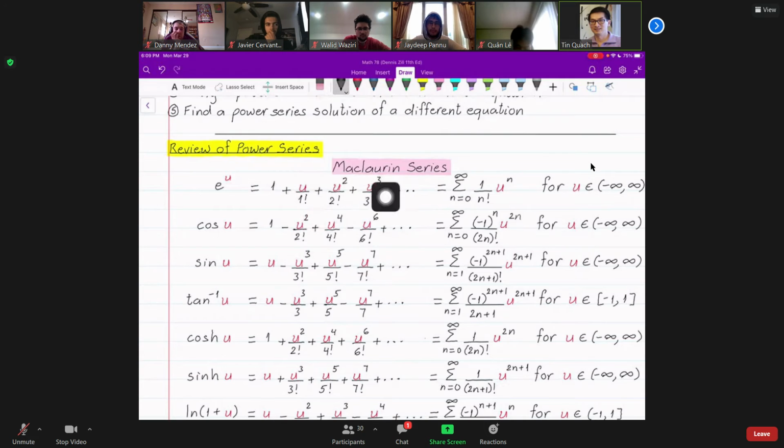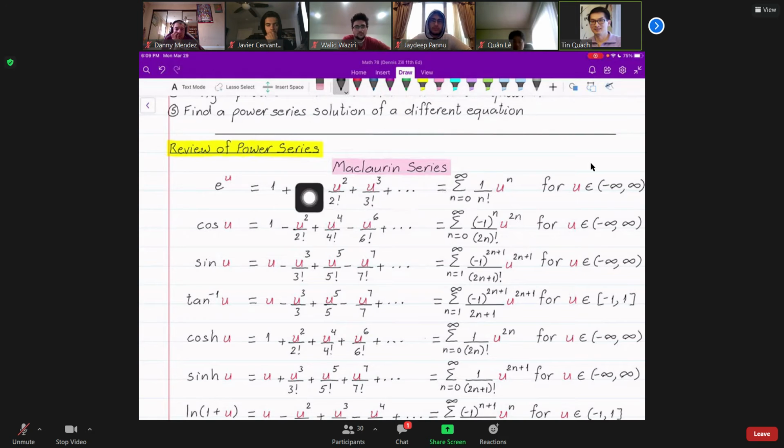So that is how I remember the e to the u, right? And then once I have that Maclaurin series in expanded form, you guys should know how to write it as a power series. So this is in expanded form, and this is in closed form. Okay, so there are two different forms: expanded and closed. So you should know that, right?